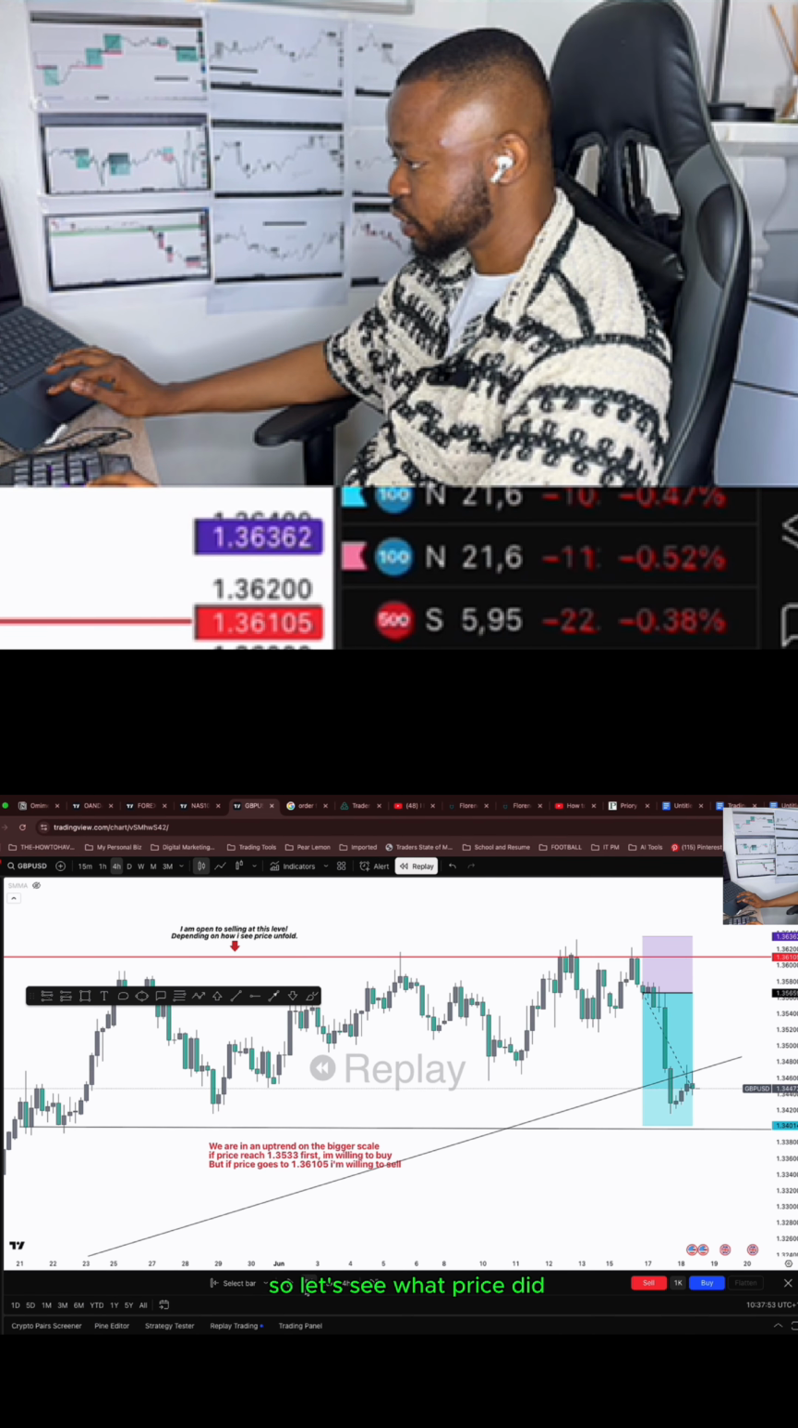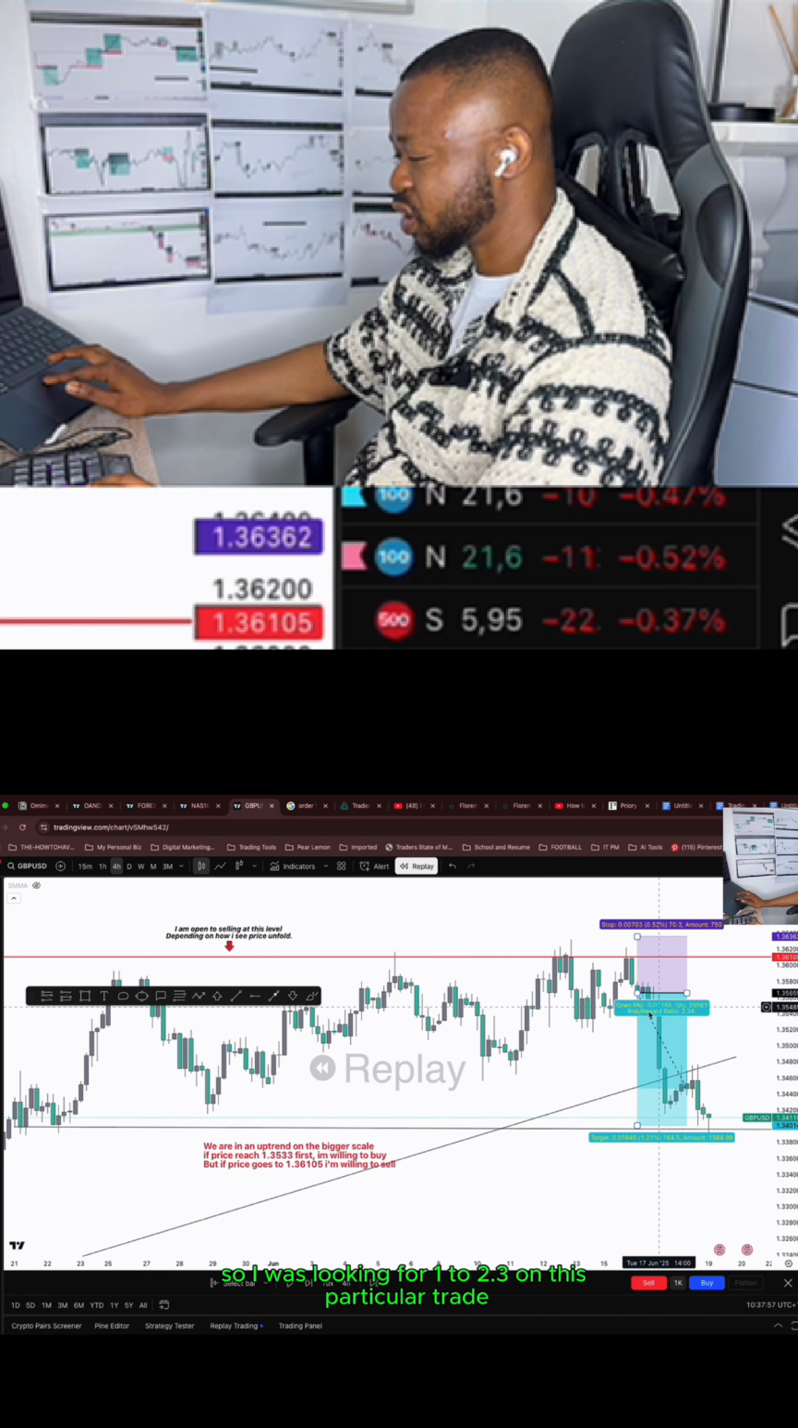So let's see what price did. Price just immediately tapped into my area. So I was looking for 1 to 2.3 on this particular